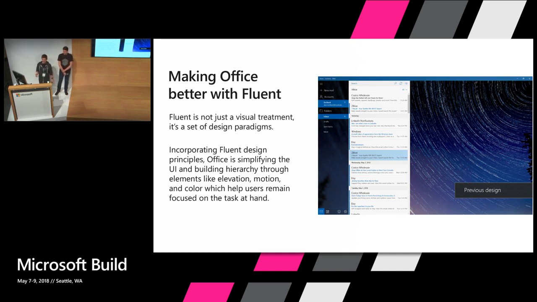Office is engaged in Fluent because it'll help with usage consistency for our customers, even across platforms. The aesthetics might change over time, but the design patterns and principles that help empower our users are timeless. Design paradigms like elevation, color, hierarchy, and motion, which you've probably already heard about at this conference, are key parts of the Fluent toolset. And with Fluent Design, we were able to evolve the Windows 10 Mail app from this,